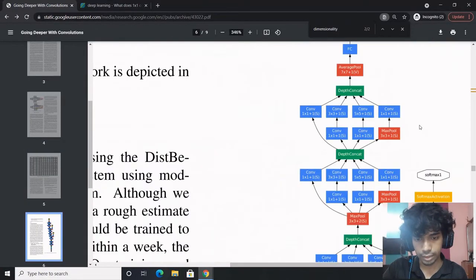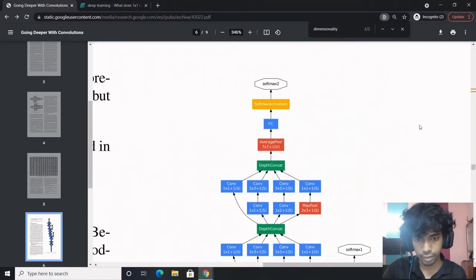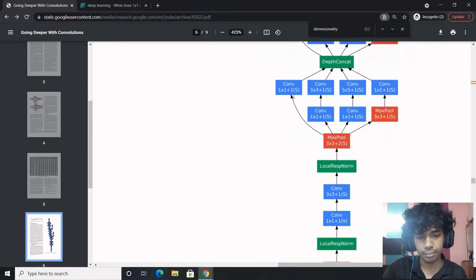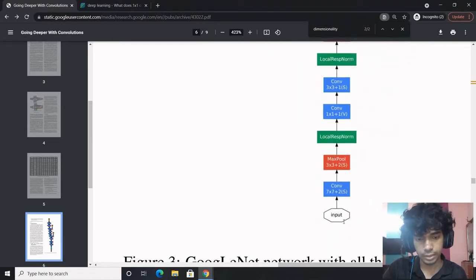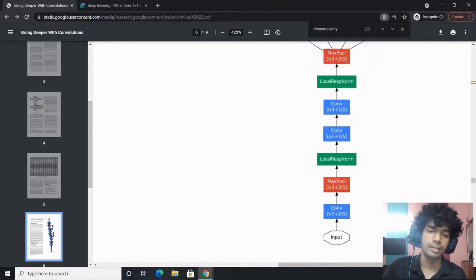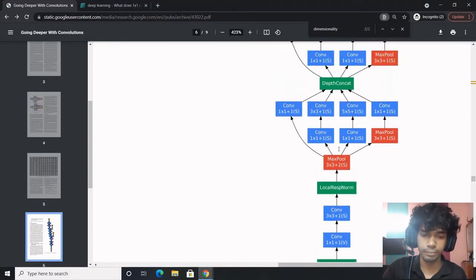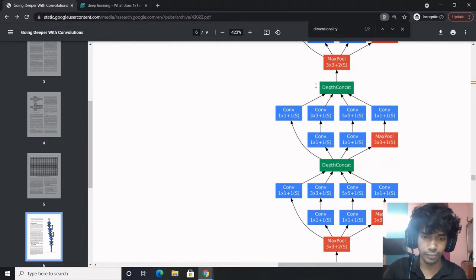So this is the architecture in front of you. You pass in the input, it goes through a convolution layer, max pool, batch norm, again convolution, batch norm, then max pool, then goes into a branching which is quite repetitive, which we call an inception module.